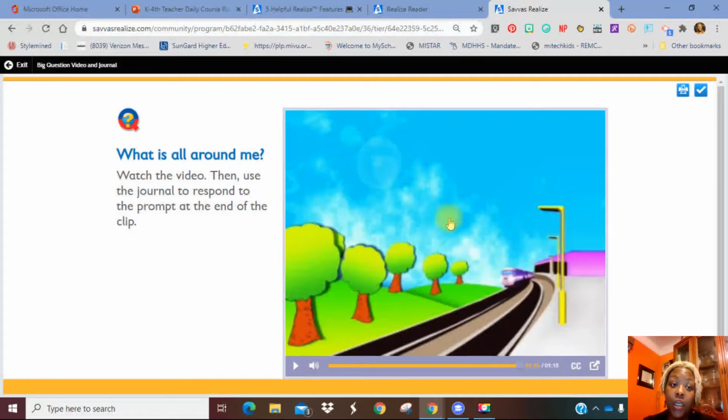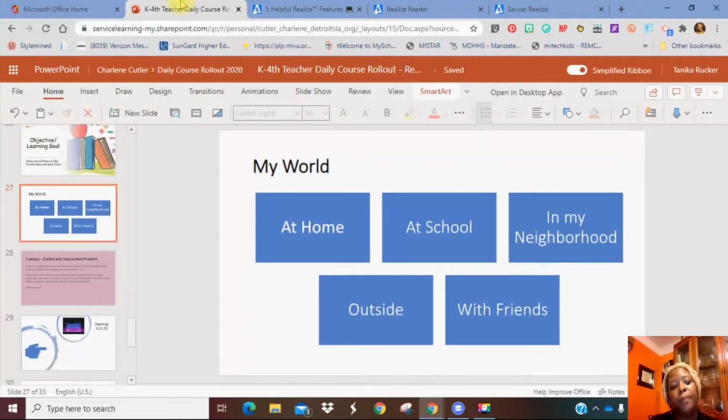which is again 6 weeks. So a great piece that you can add into your daily course rollout, and I'm going to roll on over to my daily course rollout, is a concept map. So in